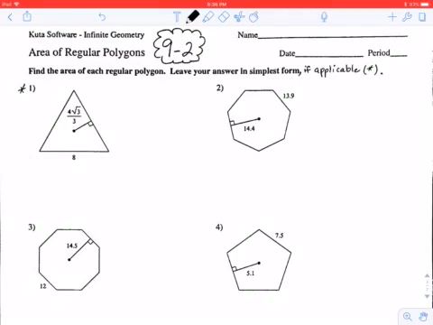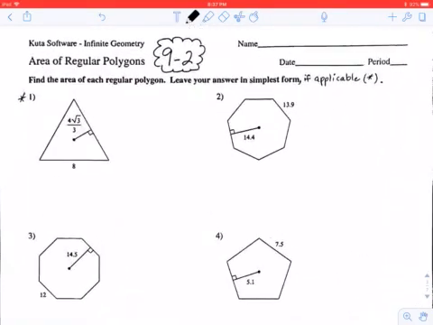Moving into 9-2, area of regular polygons. Ta-da! Which one shall we do? Probably number 1, because I'm assuming you're looking at that and you're like, what? Let's not. But let's. I want you to keep in mind that it says leave your answer in simplest form